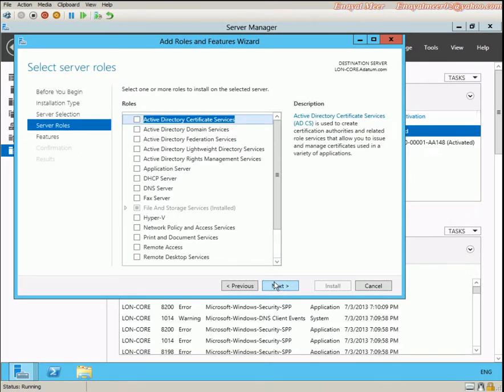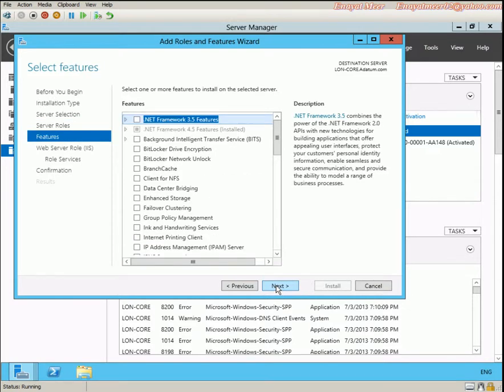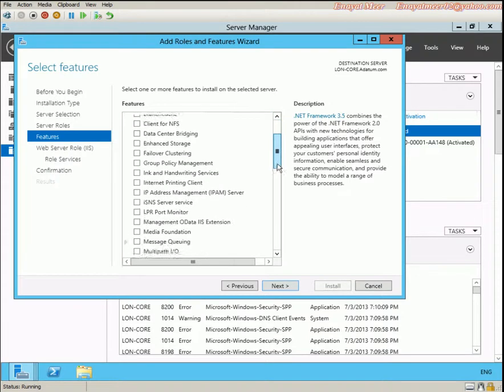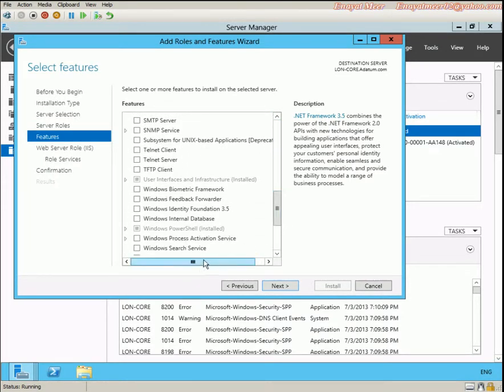From here you have all available roles on this screen, so you can scroll down and pick the role you want to install. If you don't want to install a role, you simply click on the next button. Currently I am going to choose IIS because I want to make this an application server as well, and I also want to use the Windows Backup feature. I'm going to install the Windows Backup feature on core first, and then I will perform the same on my other server, which is another member server,